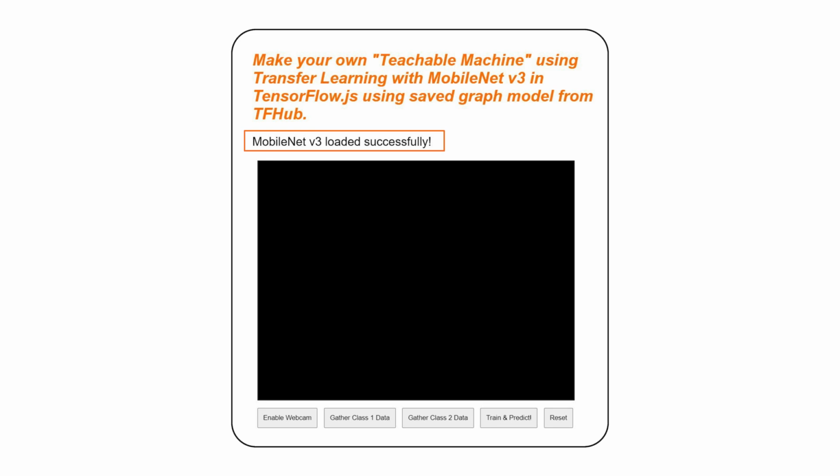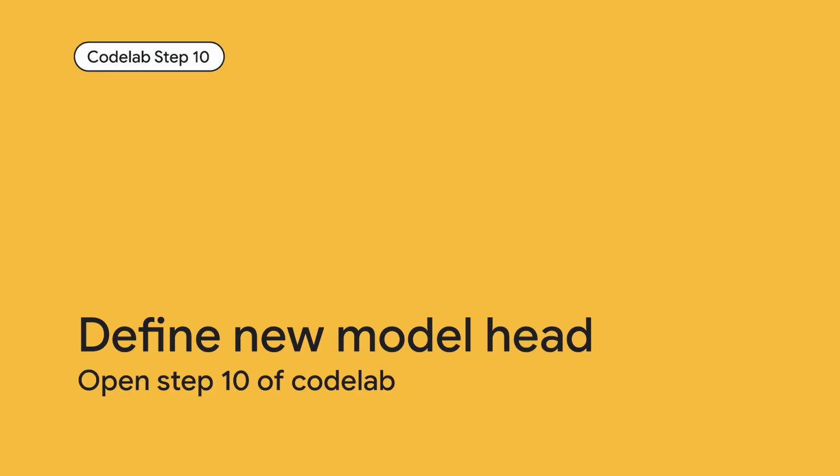You can also check the console output that will have printed the size of the output features that this model produces. After running zeros through the MobileNet model, you'll see a shape of 1024 printed. As the first item is just the batch size of 1, you can see it actually returns 1024 features that can then hopefully be used to help you classify new objects. Now head on to step 10 of the code lab.